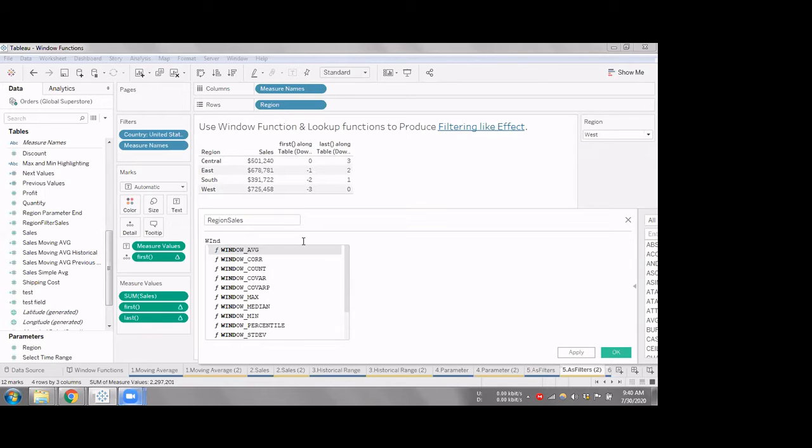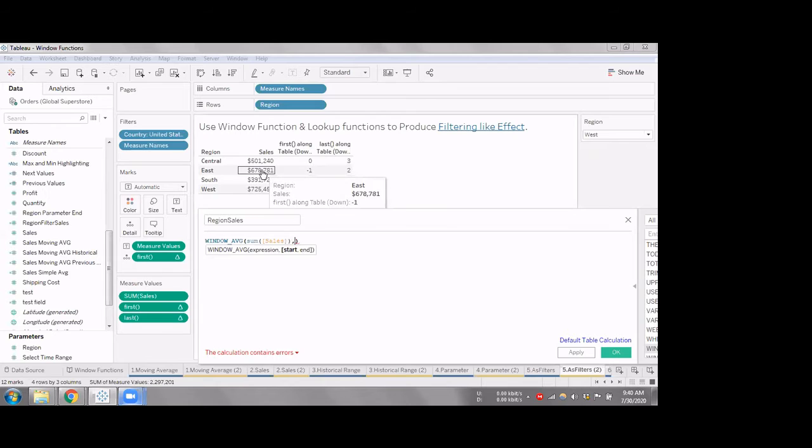I know I have these different window functions, and I'll use window average for the time being, and my expression should be sum of sales. Now I have start and end, and I have to play with these two to get my East value. What do I want? I want the East sales value in each of the rows.